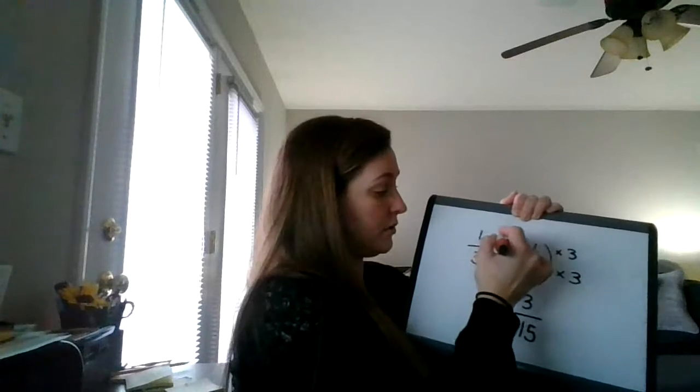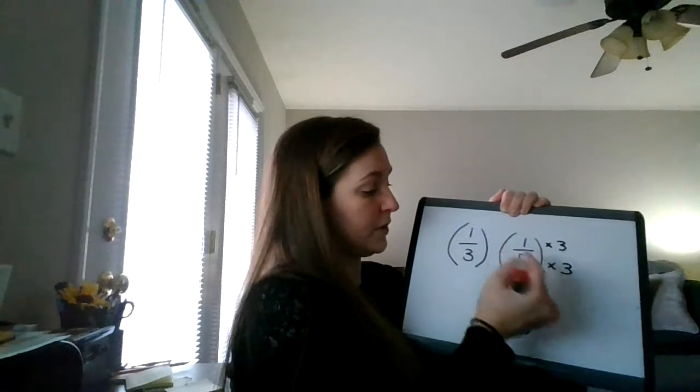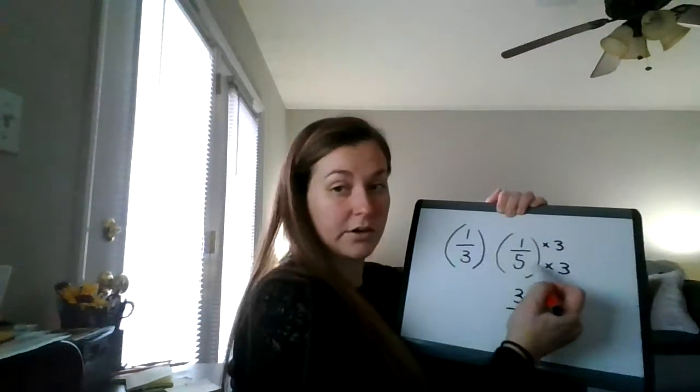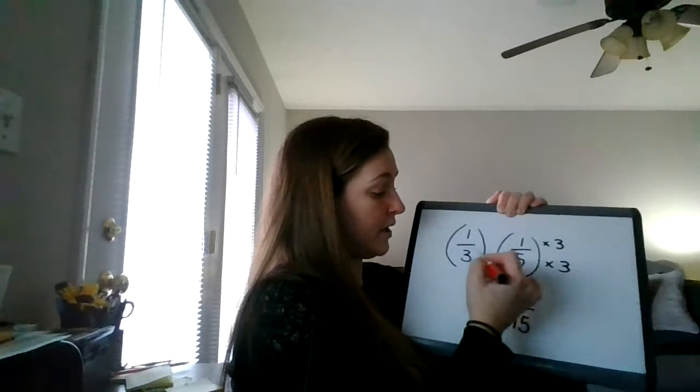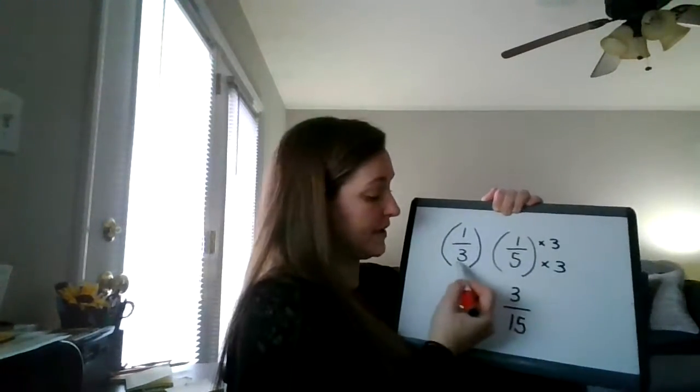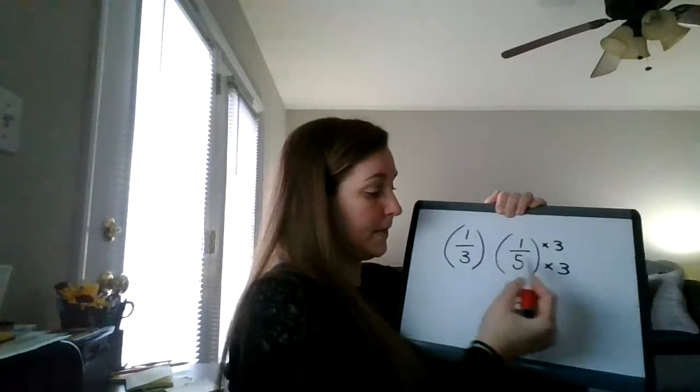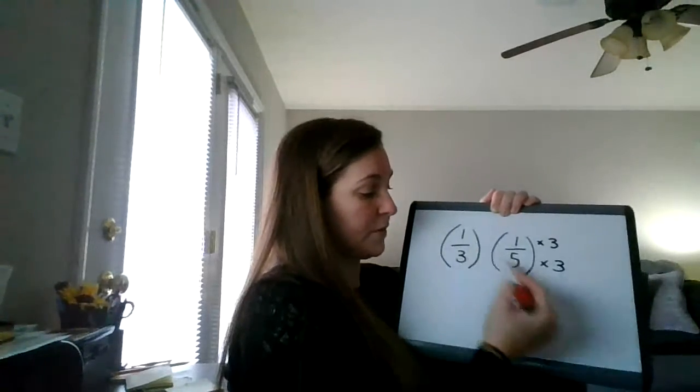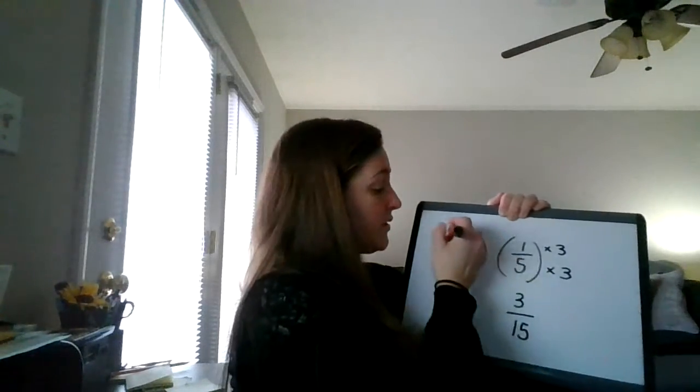Then with this one, I'm multiplying it by the opposite denominator. So if I multiplied this fraction by 3, because that's the denominator here, then the denominator I'm multiplying this one by is the 5. So then I'm multiplying,